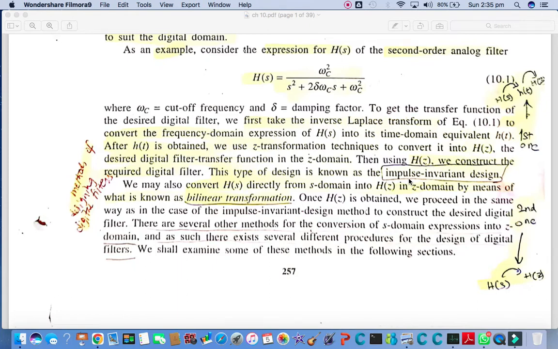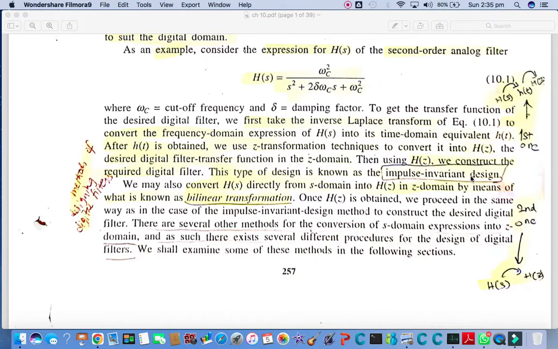One way is the impulse invariant design, and the other one is the bilinear transformation. In the impulse invariant design, we follow the normal method of the analog filter design with slight modifications, and once we acquire the transfer function of the analog filter, we can do its inverse Laplace transformation into h(t), and then we can do its Z transformation into H(z). In this way we can acquire our digital filter transfer function, which is H(z) from H(s), by using this method